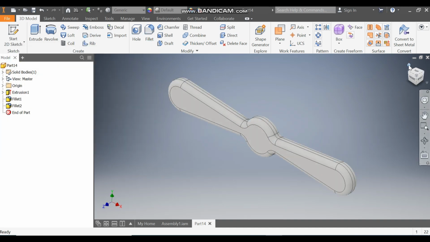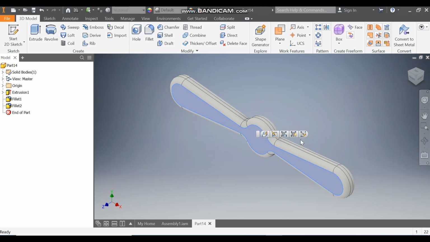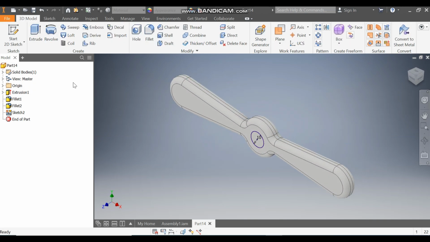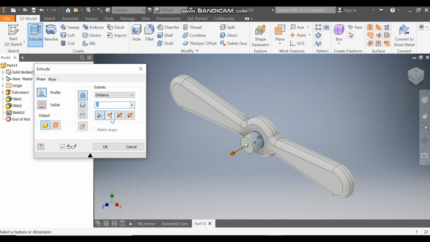Go to home, now select this face, go to create sketch. Now we are going to make the mounting hole. Circle command, from the center point make a circle of diameter 10. Finish sketch, take extrude, flip the direction, so this will be 8 mm, this will be a cut profile and